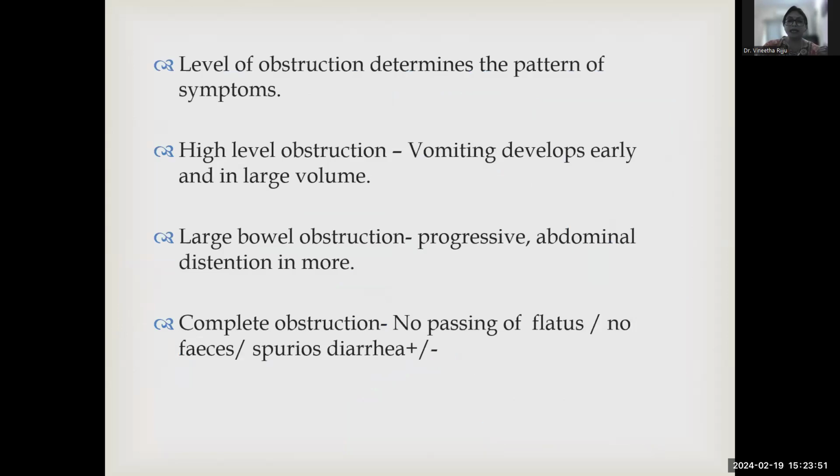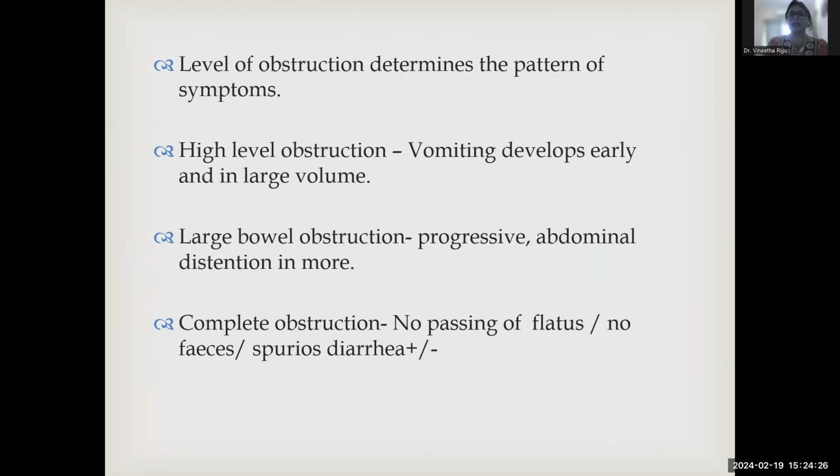Now again, it is also important to know where this obstruction is. So how are we going to know where the obstruction is? Sometimes it may be in the small intestine, sometimes it may be in the large intestine. Now you would think, how are we to know where the obstruction is? Don't we have to take a CT scan? The answer is, if you are at the bedside of the patient, a good history taking will give you some tips on where the obstruction is.